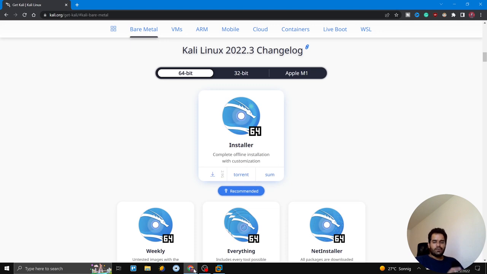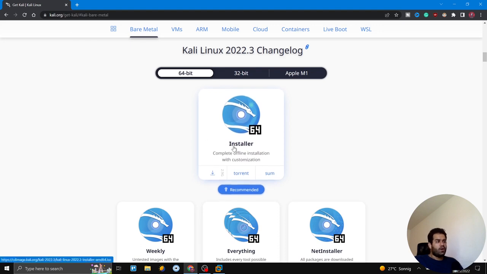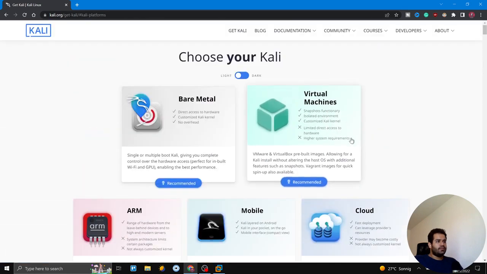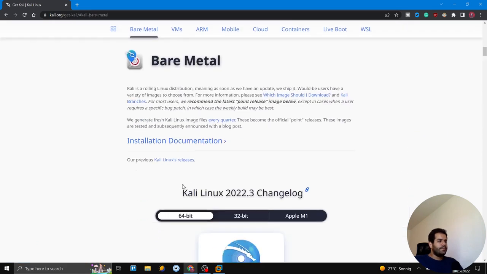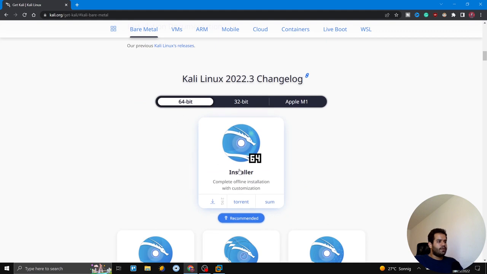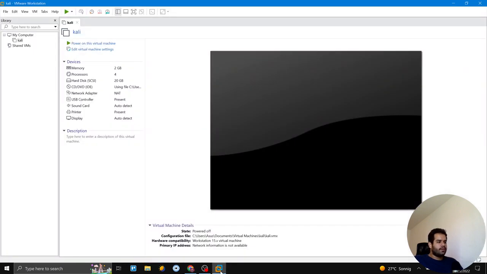It's Goli. Today we want to see how we can install Kali Linux on VMware Workstation. You need just to come to Kali website and download the image that you want. For me, this one is okay. So there are already the created image for virtual machine and also different version, but I use bare metal. So I come here and I download the 64-bit and the recommended version, but I already downloaded it and I have it. So I will start just